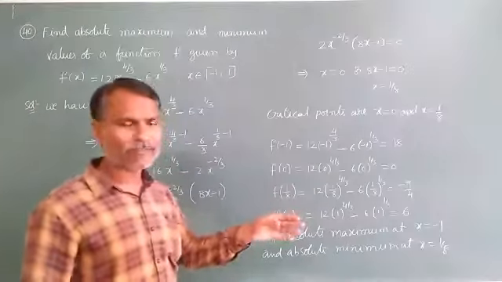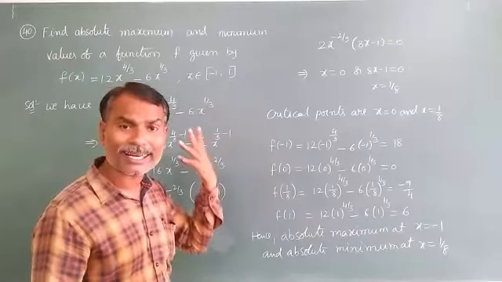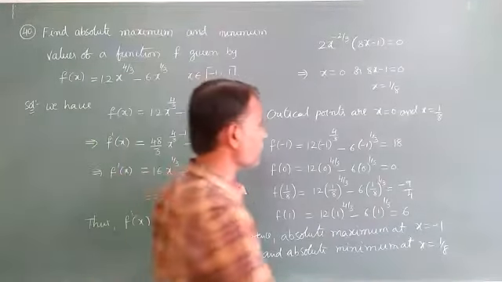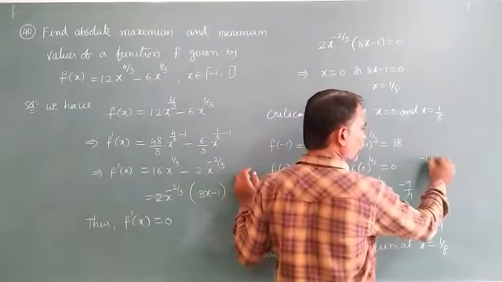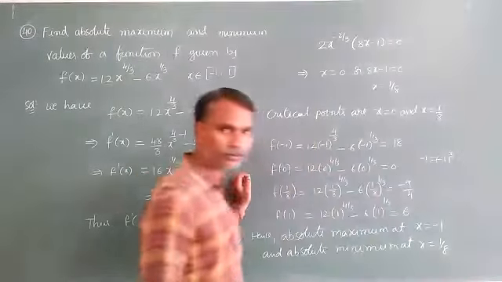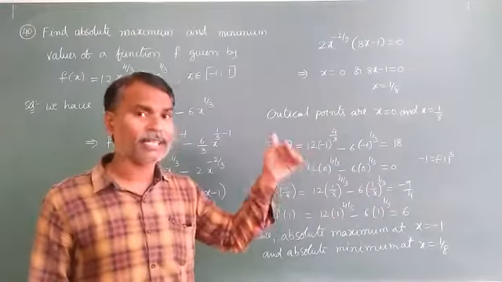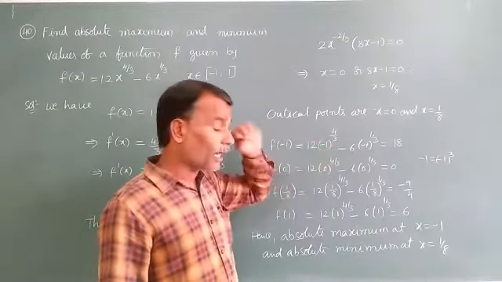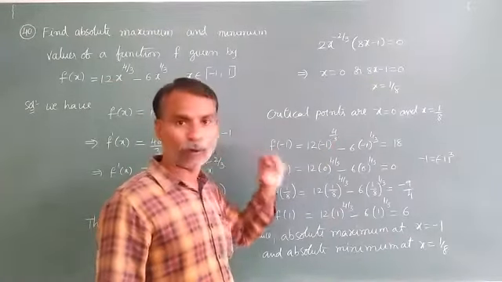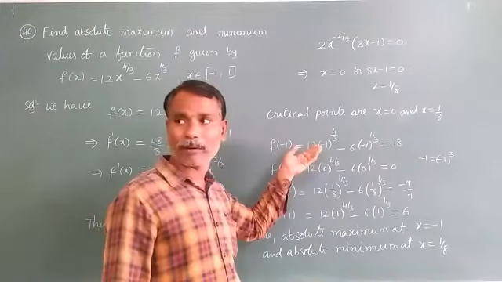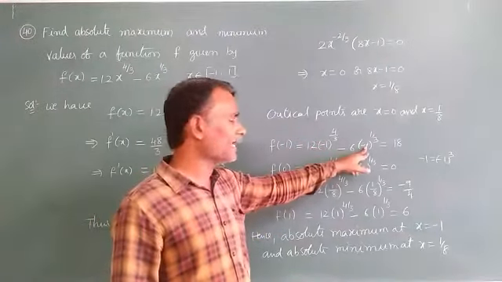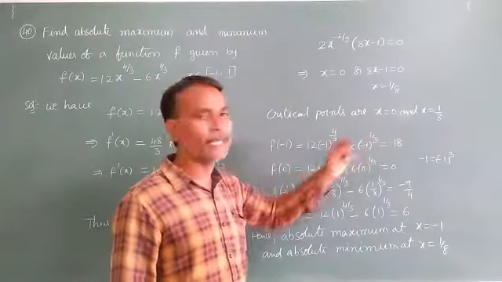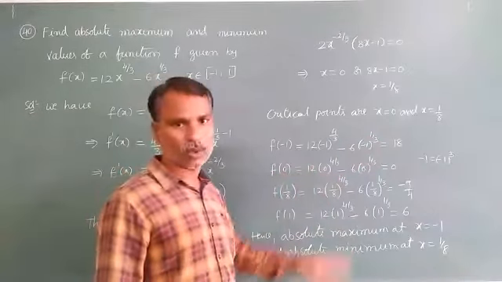Observe it. For minus 1, how do we calculate it, because it is a rational index? See guys, minus 1 you can write as minus 1 whole cube, which is nothing but minus 1, and the denominator will cancel. Then minus 1 whole power 4: a negative number to an even power gives plus, so plus 12. And here minus will come, because 3 will cancel, minus 1 into minus 6 gives plus 6. Total is 18. For 0, no need of that.